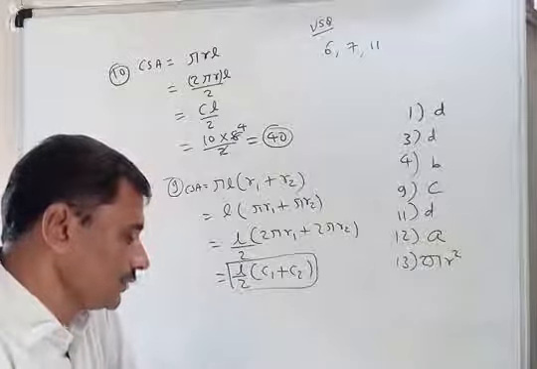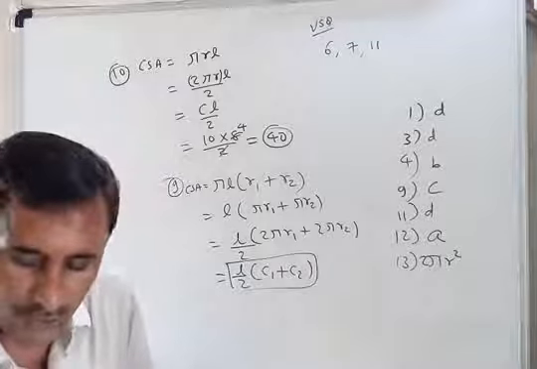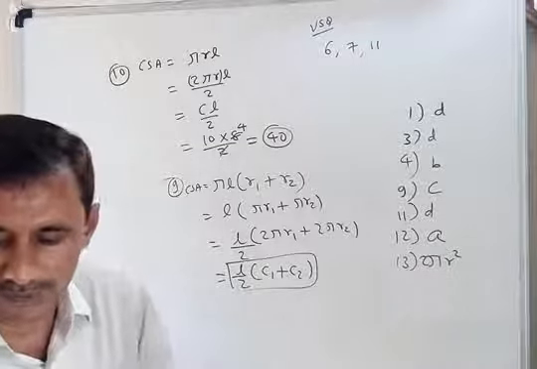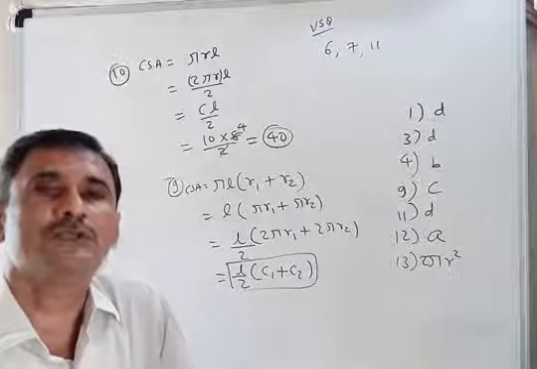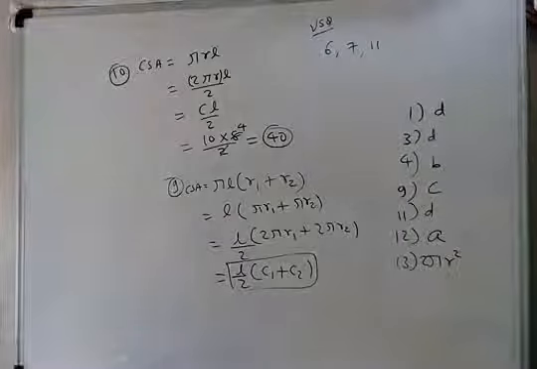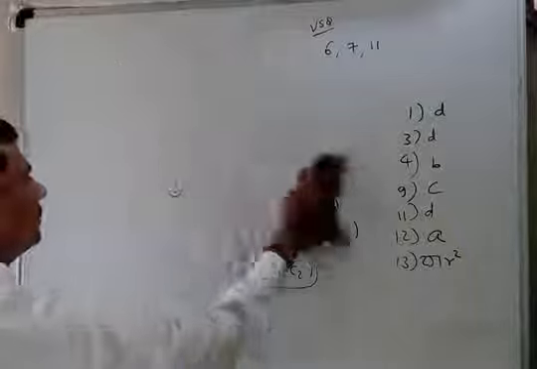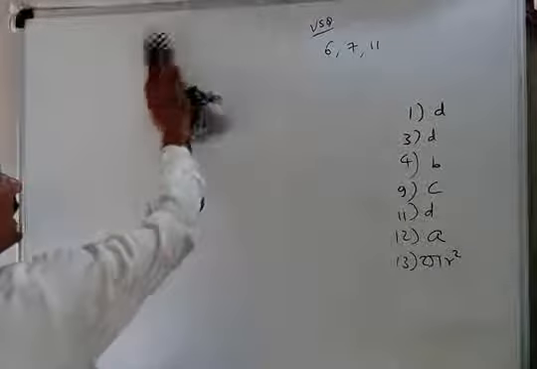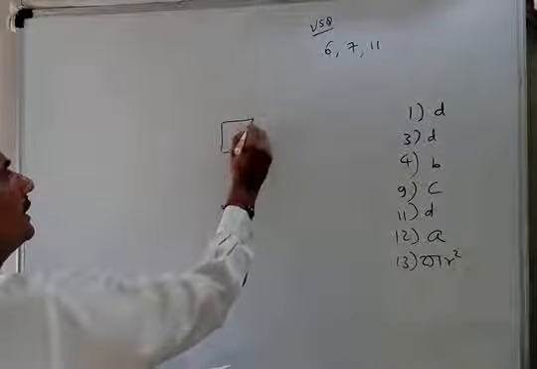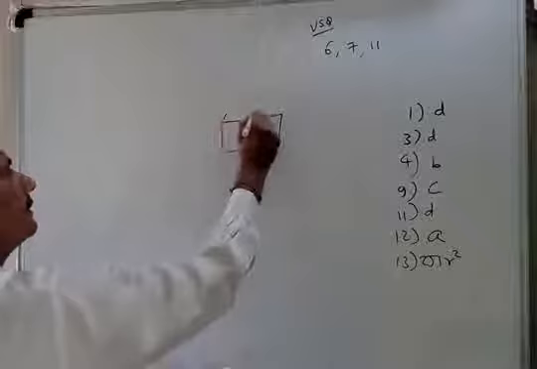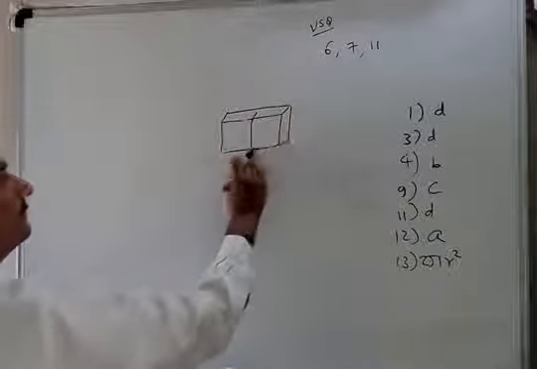Now 12. Two cubes of volume 8 centimeter cube are joined end to end. Find surface area of resulting cuboid. Same type of question we already solved in 13.1 question number 1. There given volume 64, here given volume 8. Okay. So it is very simple. If you join two cubes, then it will become cuboid. This way. Cuboid is formed.